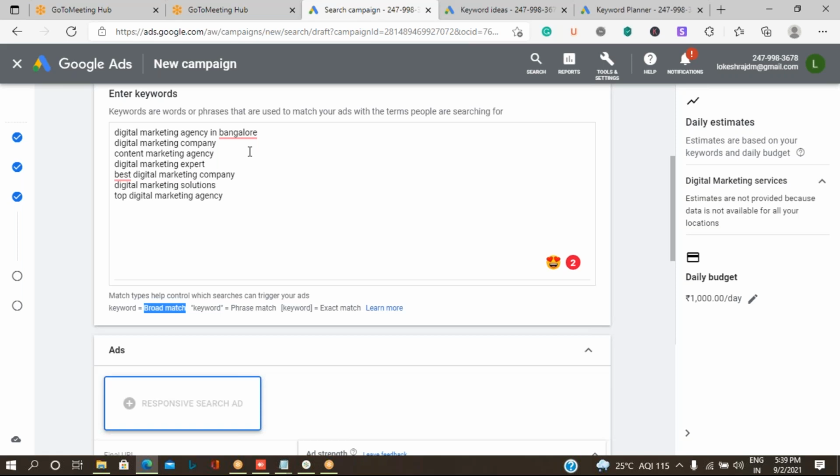Do you want people to come like that, or do you want people who write exactly digital marketing agency? They may use best digital marketing agency in Bangalore, or digital marketing agency in Bangalore. Anything in the prefix, anything in the suffix.